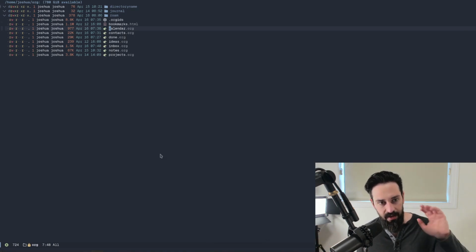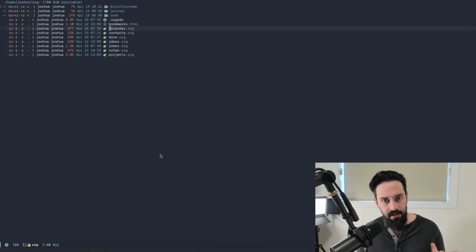Contacts.org is literally a file of all of my contacts, their birthdays, if they are people that are in my phone, their emails, their phone numbers, last contacted date, and notes about the person as well. That file is hundreds of lines long and is pushed out to my org agenda. So whenever I open up the calendar in Emacs, it has birthdays and next to-dos and everything associated